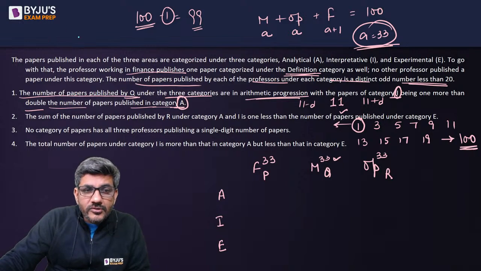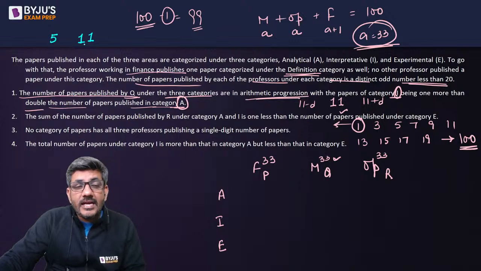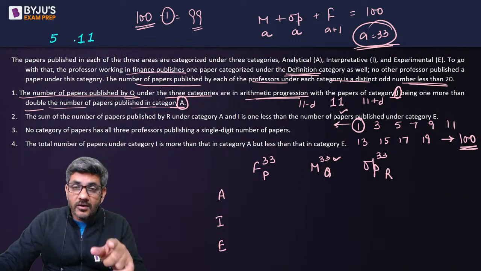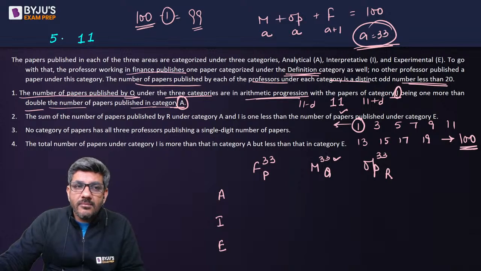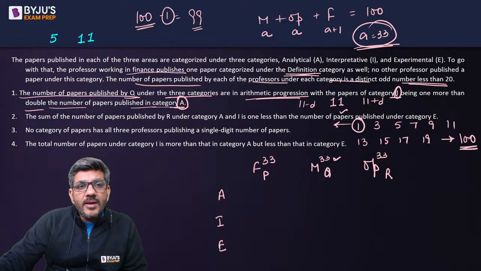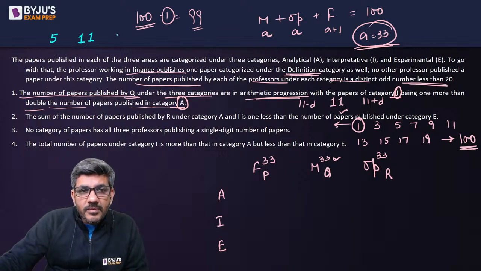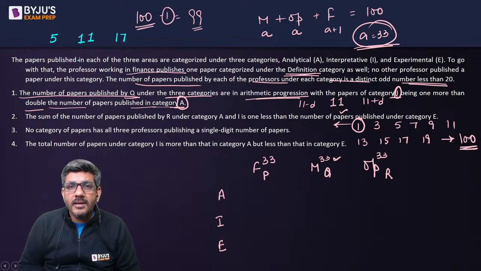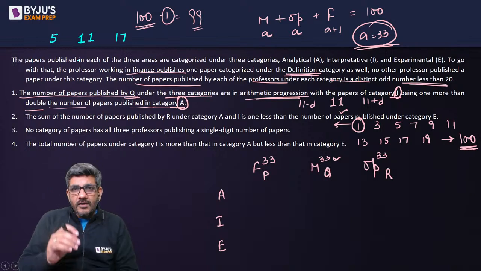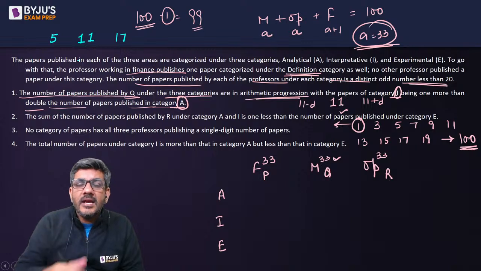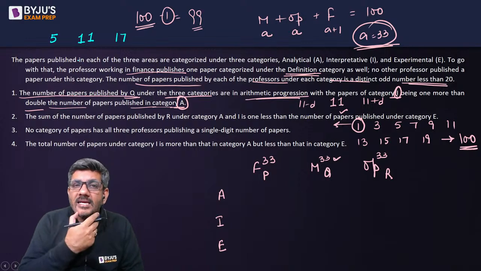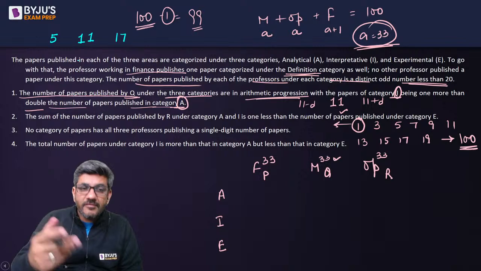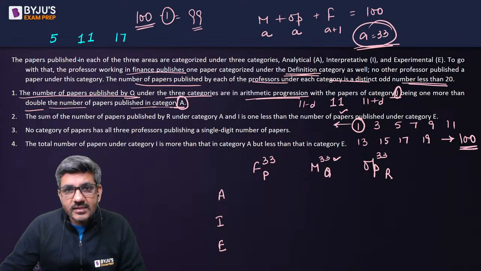So one possibility is 11 is one of the numbers, then one of the numbers would be 5, such that 11 is one more than double of it. If 11 is one more than double of it, तो एक number 5 बनेगा. 5 plus 11 is 16. The total is 33. The third number would become 16 plus 17, that is equal to 33. I hope you got my point. One of the numbers is one more than double of it. तो अगर मैं कोई नंबर देखता हूं जो one more than double of it है, that must be 5 and 11, and the third one would be 17.